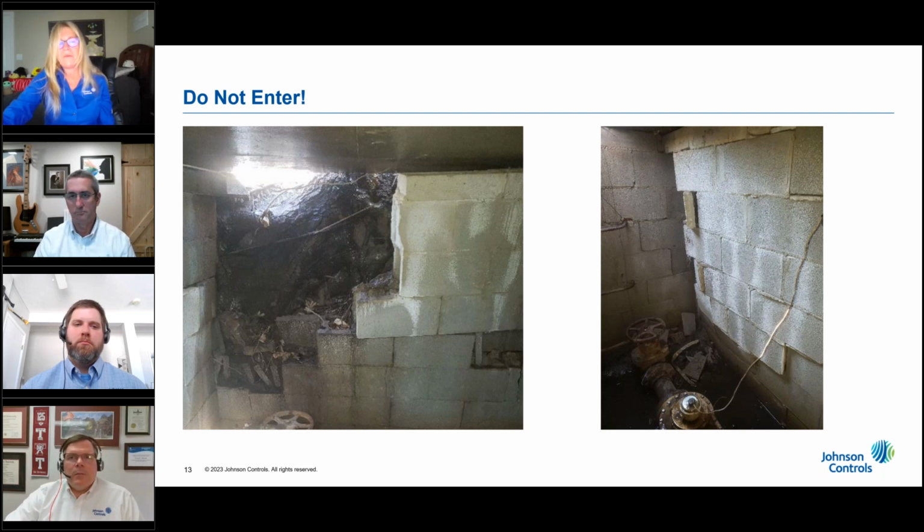In conclusion, follow the OSHA confined space guidelines. If you choose to enter an underground vault, make sure you have both the proper training, the correct tools, equipment, and any necessary permits. Always plan your entry and egress carefully. Your family, friends, and coworkers need you to be healthy and whole, and we want you here for the next